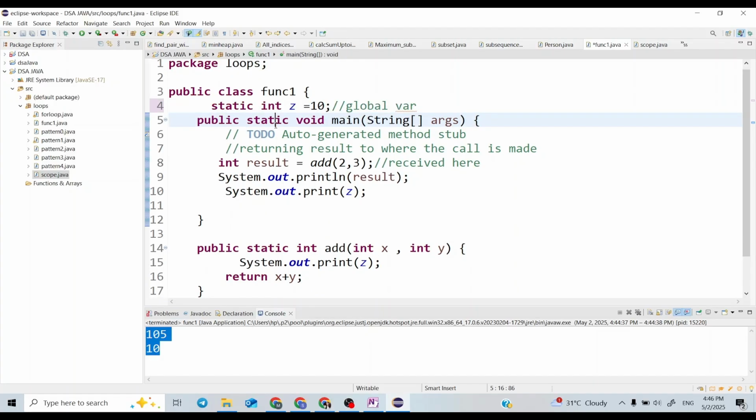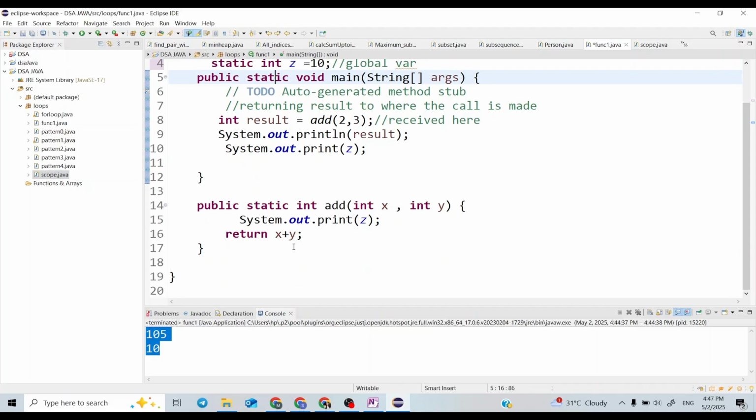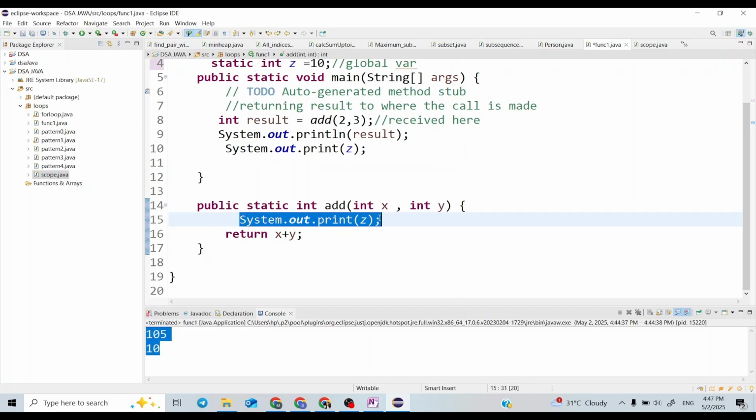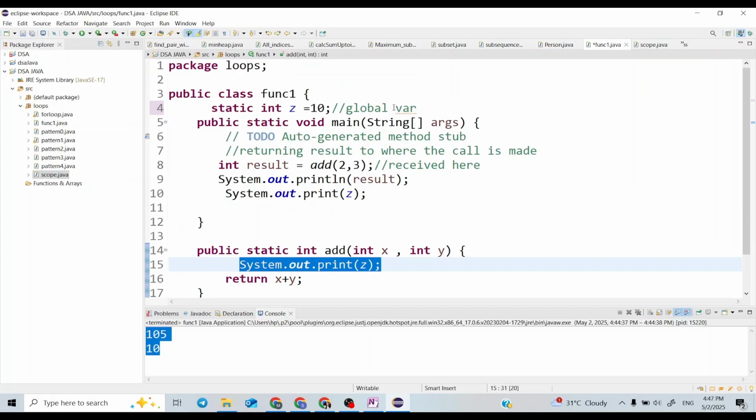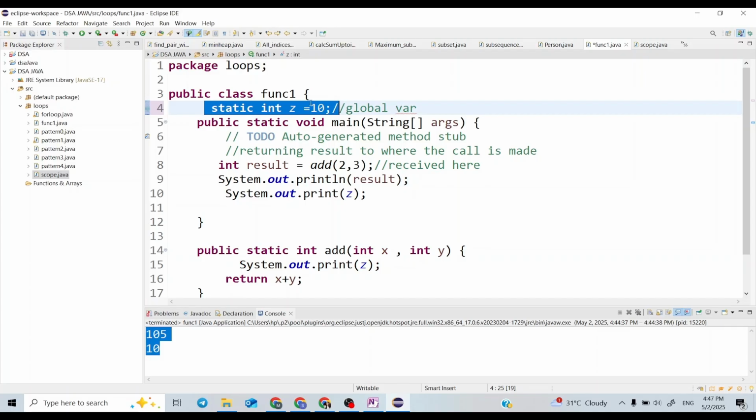So let me recap all the things that we did in this video. First one was local variable. If I declare some variable inside a function, that variable will be accessible inside the function or the method only. We can't access it outside the method. And if I talk about a global variable, the scope varies according to where we have declared the variable. For example, this global variable can't be accessed inside another class.